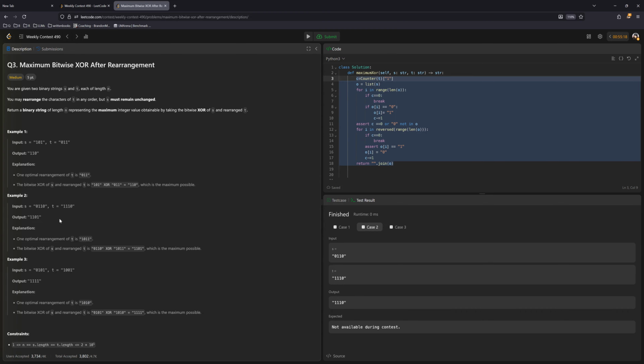I can reason through this. We want to flip the bit unless flipping the bit forces us